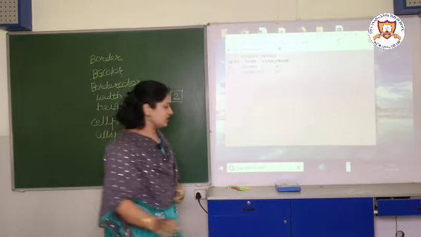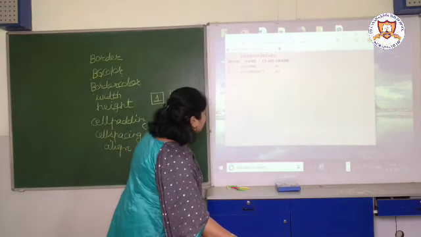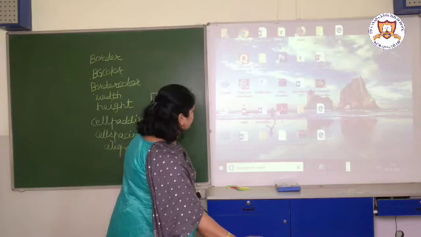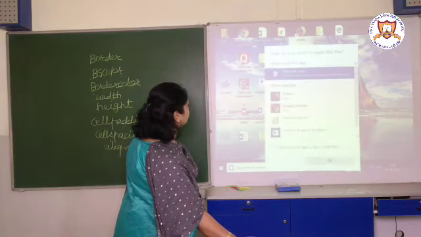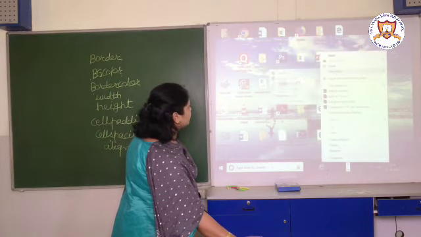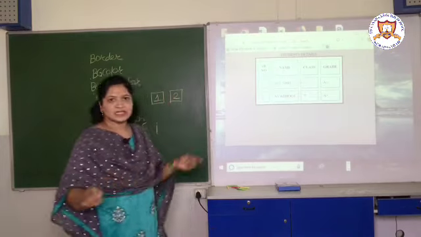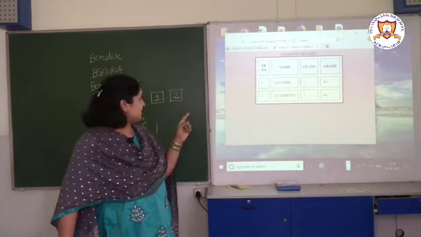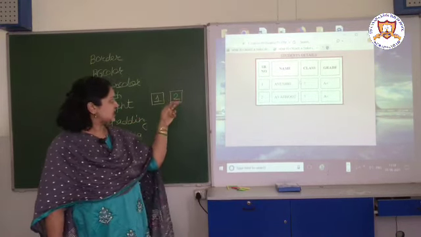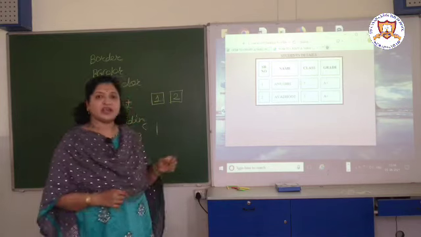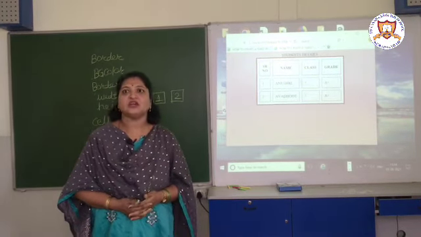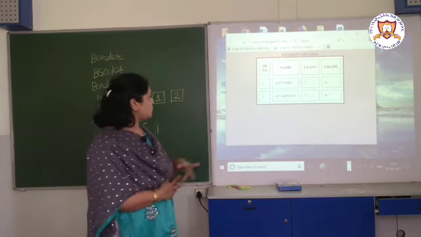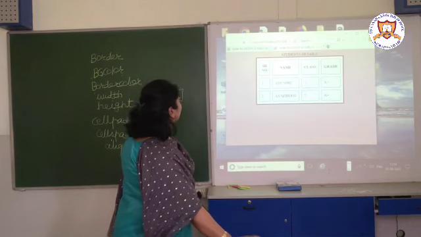Okay, so you just see this program. So children, here you can see this program. In that I have used all the attributes. See here, the table background is white, cell spacing is there, cell padding is also used. Then border: in the earlier program border was not there, so here border is also there. The width of this border is 3. Okay, so this is the output of the program.